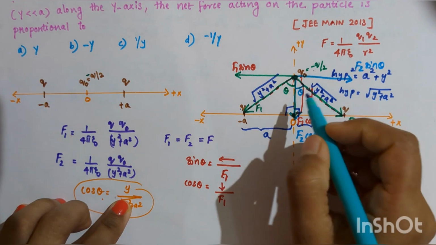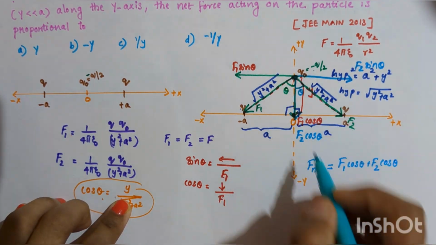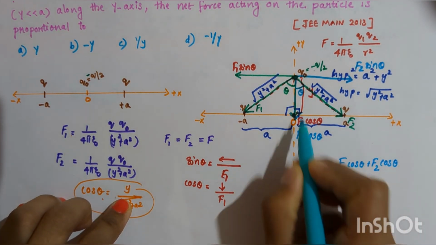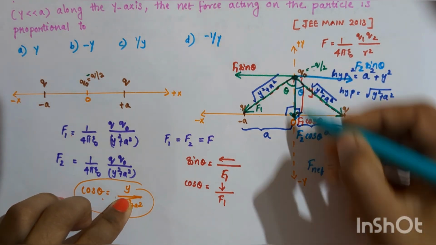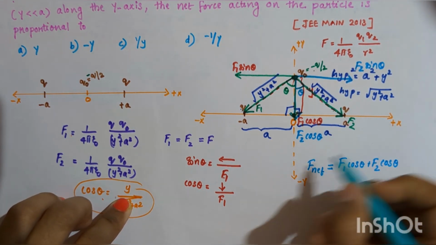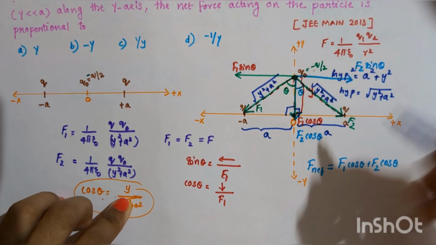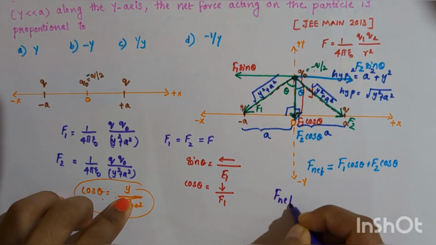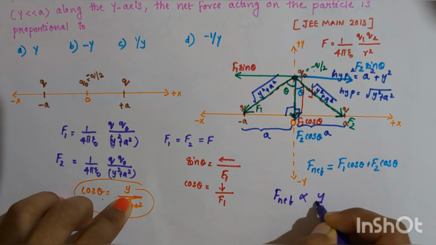Here you see the net force is actually acting. Net force is actually the sum of F1 cos theta and F2 cos theta. Both are along the negative y direction. So the net force, its magnitude F net, is proportional to y, but you see